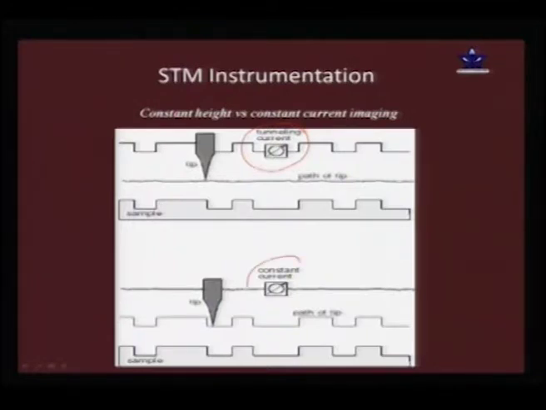Or you can have the tunneling current established, you fix it, and let the tip go through the same contour as that of the sample. So, if the sample is inhomogeneous in this way, the tip will be coming and going in this fashion